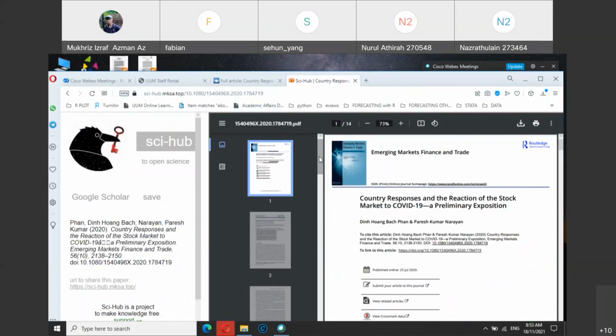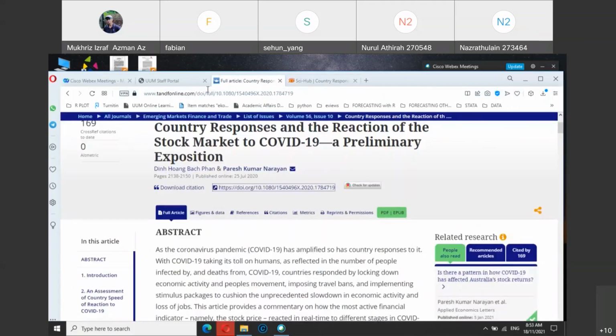So you need to explore what articles you can actually use. Because as I mentioned before, in your project, you need to update the references. You need to have at least 30% of your references coming from recent articles. Recent articles mean the last 5 years: 2017, 2018, 2019, 2020, and also 2021, as part of your references.